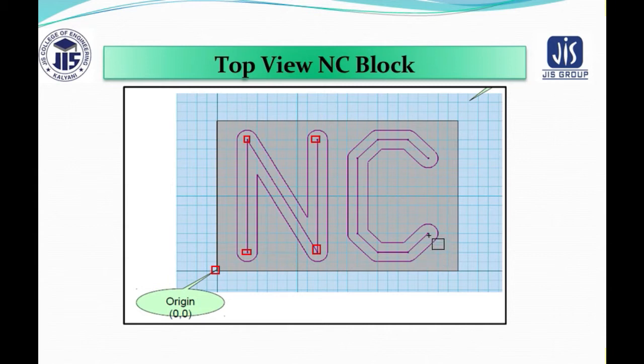But if you want to start from here, then this is 6th, this is your 7th, this is your 8th, this is your 9th, this is your 10th, this is your 11th, this is your 12th, and this is your 13th coordinate. Okay. And if you want to start from here, no issue. You can start from here also. Then it seems to be in clockwise motion. And if you go from there, then it seems to be in counterclockwise direction. So you can go with any direction because it is all straight line cut.